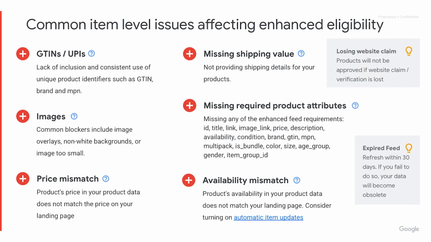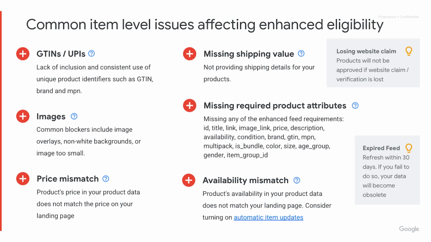Some of the most common item level issues we see affecting enhanced eligibility are as follows. GTIN. This is the #1 item level reason that a product is not eligible for enhanced listings. And this issue is often due to the lack of inclusion and consistent use of unique product identifiers such as GTIN, brand, and MPN. So follow that best practice data we mentioned before to improve your product data.